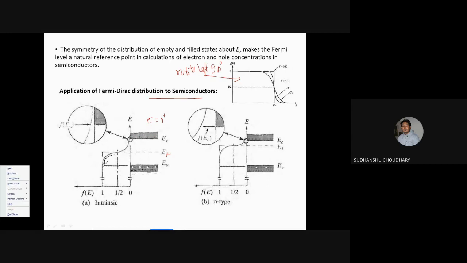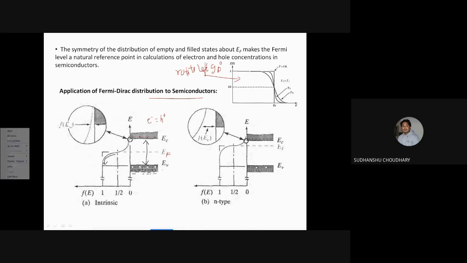So that means I will find holes only at the valence band edge, because I cannot find a hole in this region. From this plot, it seems that I have a curve over here, so this means that I have some probability of finding a hole in this region. But since this is in the band gap, I cannot find it in the band gap. So I find it at the valence band edge.